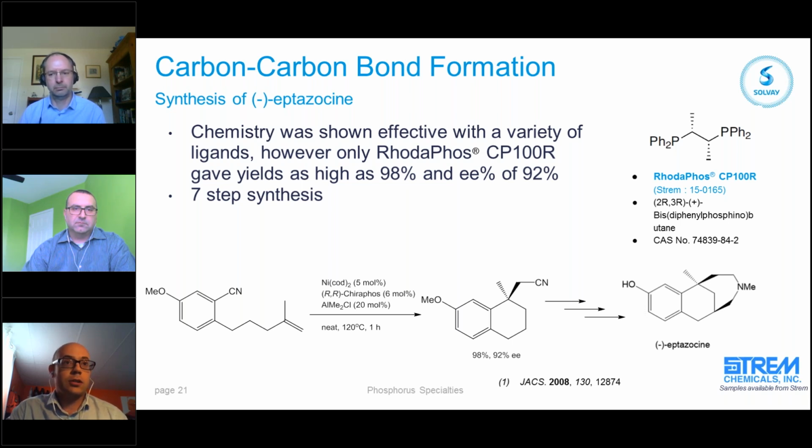And the way you do that is you actually do an intramolecular aryl cyanation from this nitrile species shown here on the left. This is done with a nickel catalyst and the Chirophos ligand, and also an aluminum-based Lewis acid. And in this particular case, you can do this cyclization, generate your chiral quaternary carbon, and also keep the cyano or the nitrile group in here as well, which is critical for the further chemistry to get to the final molecule. This is a really great example because the Chirophos shows you can get really high yields and really strong EEs as well, and that allows you to have really improved yields as you go through the process. Next slide, please.